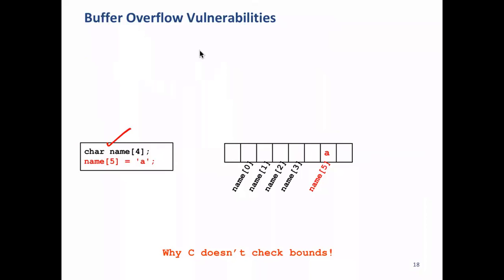Okay, 4 bytes. Okay, and now you store into the 5th location, name 5, some character A. Okay, now this thing, your